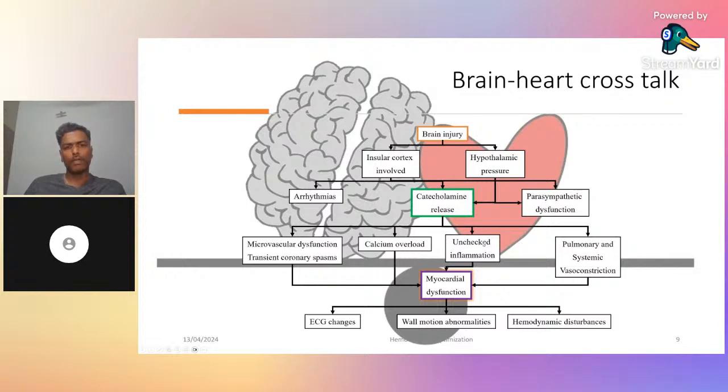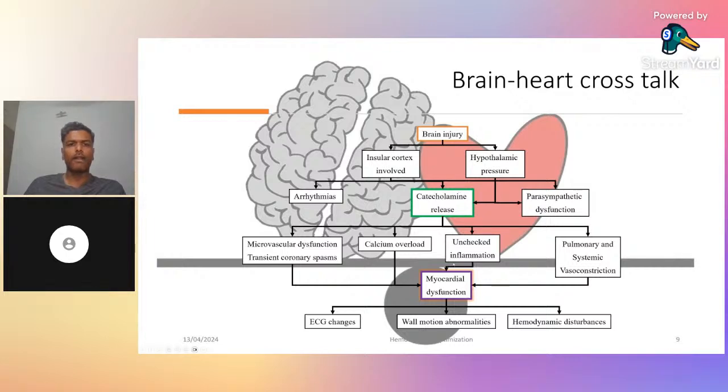But what you have to remember is, if we do a troponin I following looking at STT changes in these patients, there might be some mild elevation which would be seen. But essentially, the coronaries will be normal, and this myocardial dysfunction would get corrected when you correct the brain injury. Like if you relieve the brain injury by doing ICP management or doing surgery,